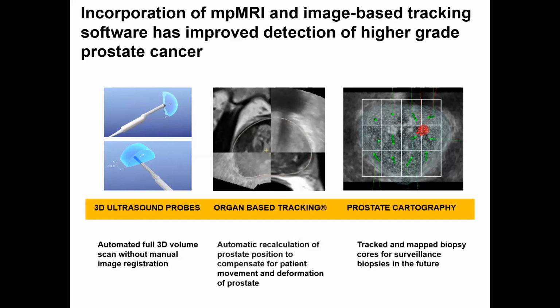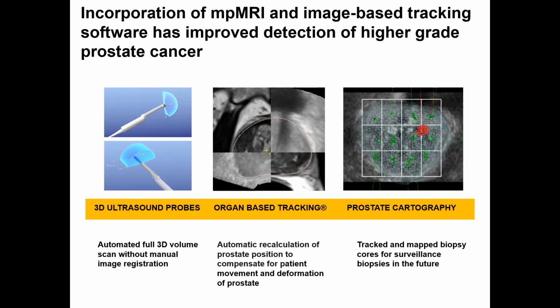Second, we need to incorporate multiparametric imaging and tracking software to improve the detection of higher grade prostate cancer. This has occurred over the past decade with various methods to undergo mpMRI targeted biopsies. In this device, defined by the Koelis system, a 3D ultrasound probe is inserted, an image is obtained of the prostate, and